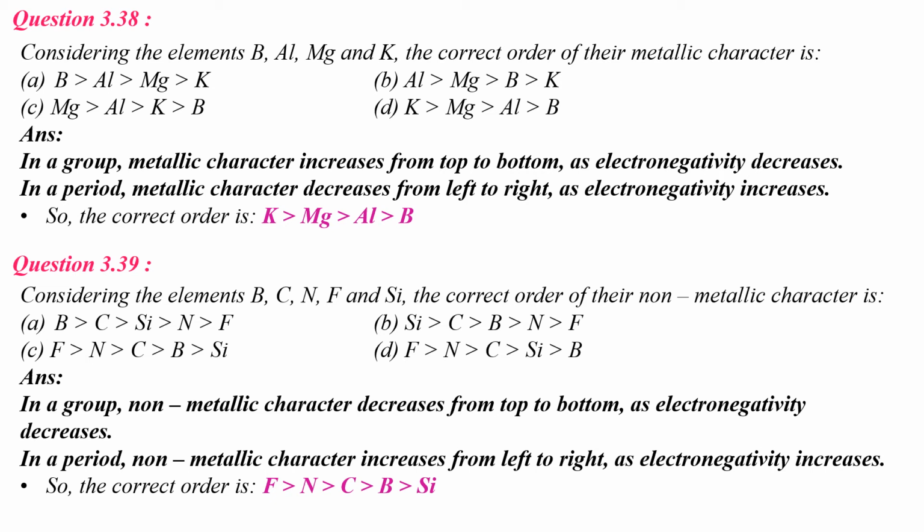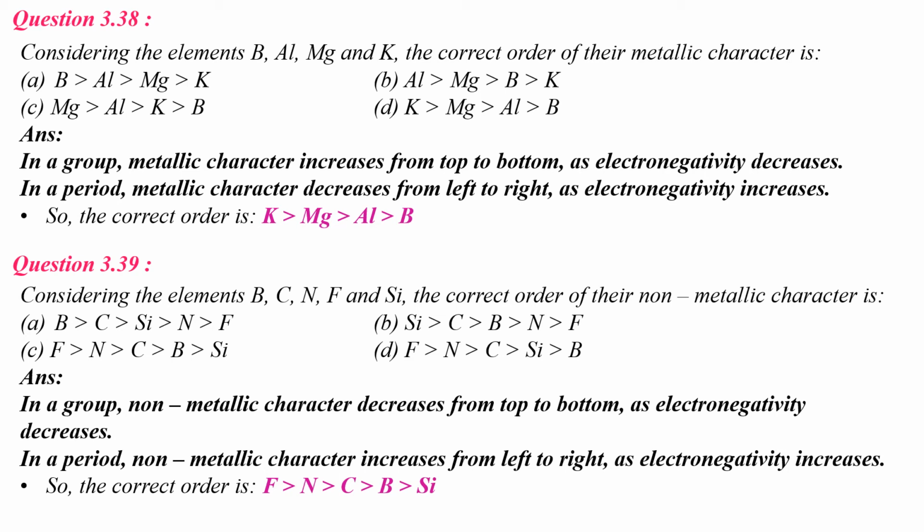Moving on to question number 3.39. In this case, you are given 5 elements: boron, carbon, nitrogen, fluorine and silicon, and you are asked to arrange them in the correct order of their non-metallic character. In a period, we know the non-metallic character increases as we move from left to right of the periodic table. We know it is directly related to electronegativity. Thus among boron, carbon, nitrogen and fluorine, non-metallic character decreases in the order fluorine > nitrogen >